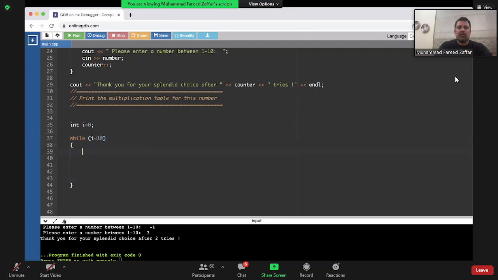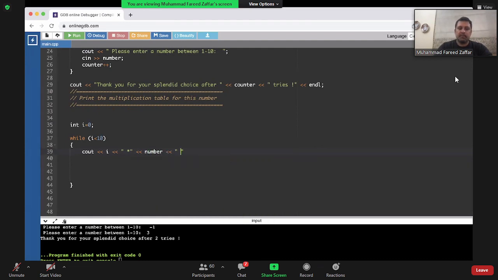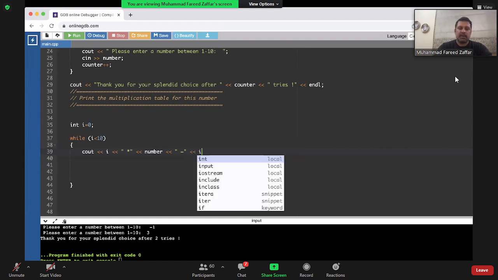Okay. How do I write the table? So the way to do this is I say cout I, sorry, multiplied by number is equal to I times.